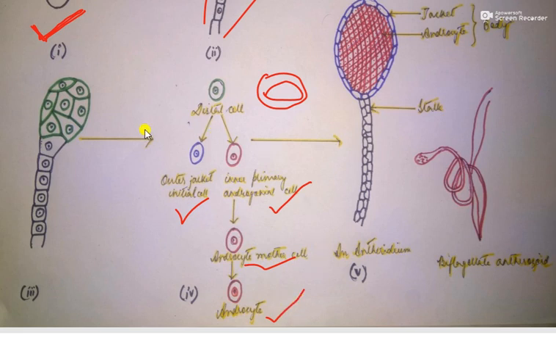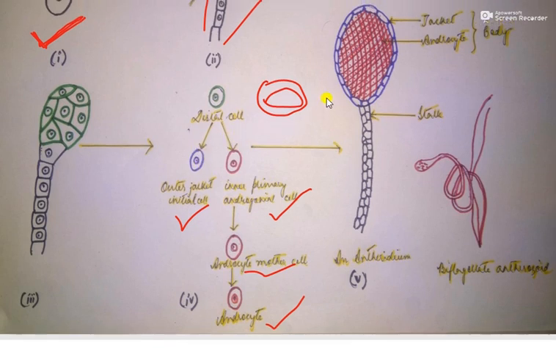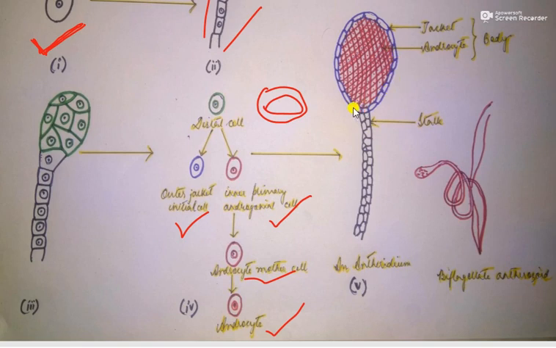Now what will happen to the outer jacket initial cell? All the blue colored cells which are formed, you see here, will lie continuously next to each other and form a single layer. This layer is known as the jacket, and the androcytes are present here. The jacket encloses a number of androcytes and they together form the body. Below this body we find the long stalk.